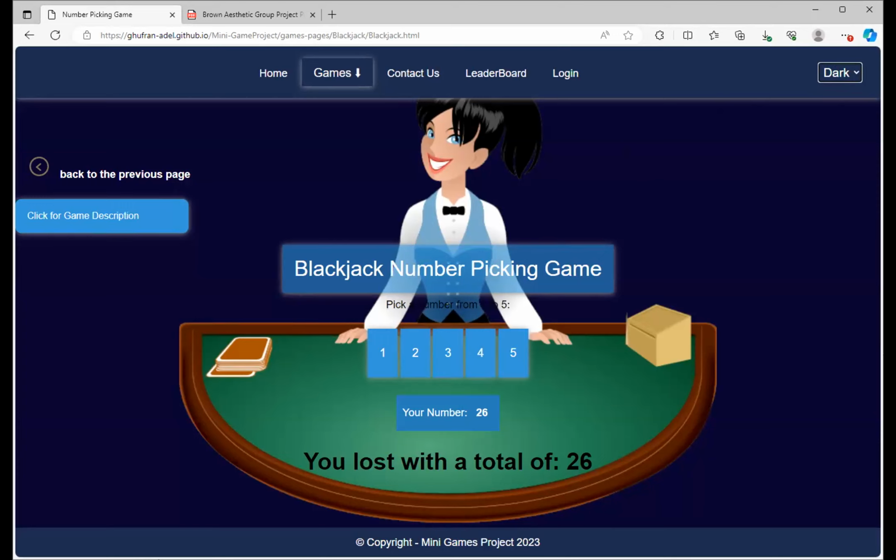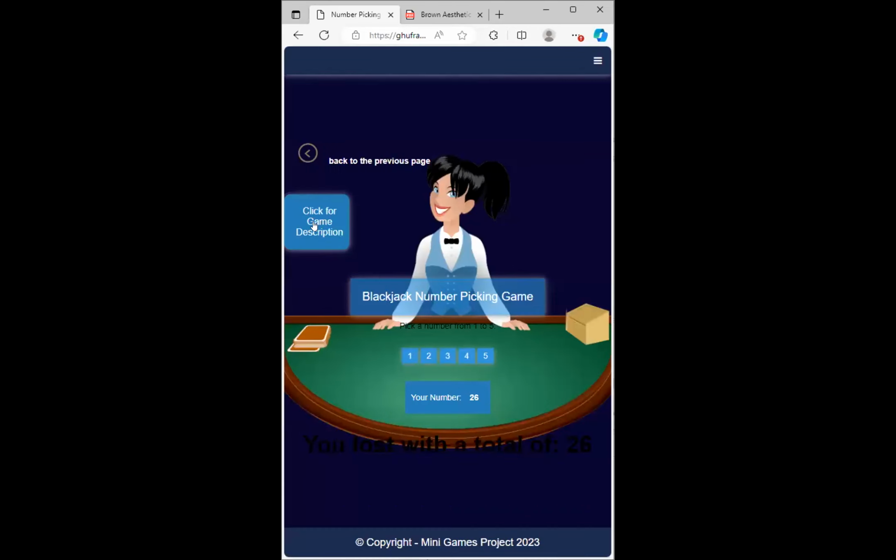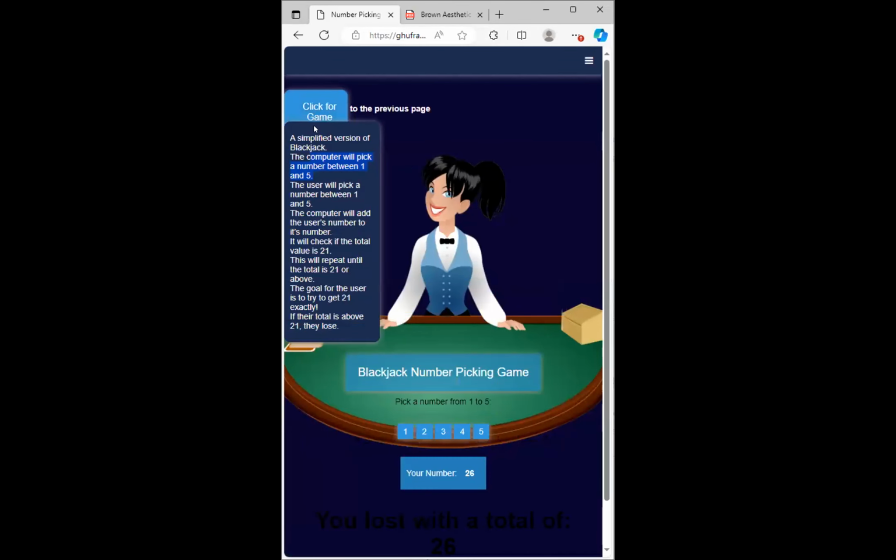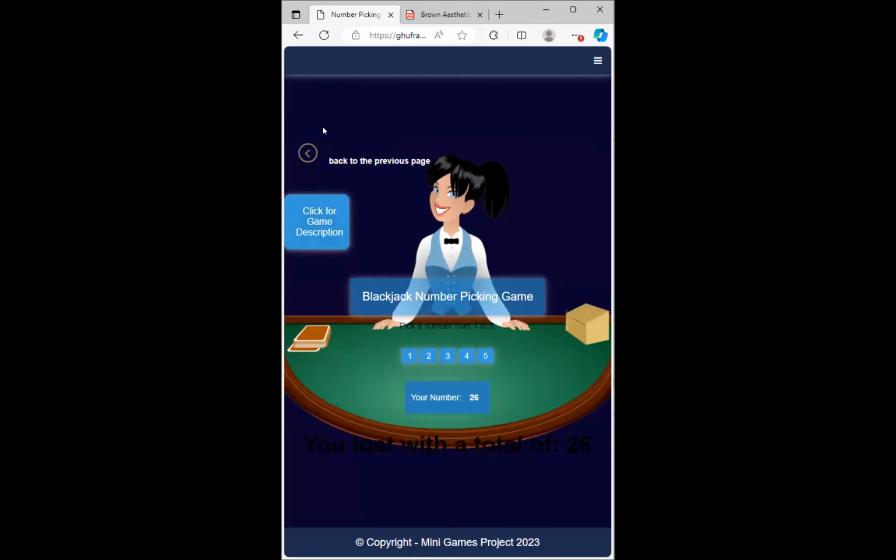And that's part of the reason I did the game description as a button, because I just didn't like the way it looked. And I honestly did not like the way these parts are not matching with the background, because when I first made it, I just had it as a giant screen and I kind of forgot about the mobile stuff.